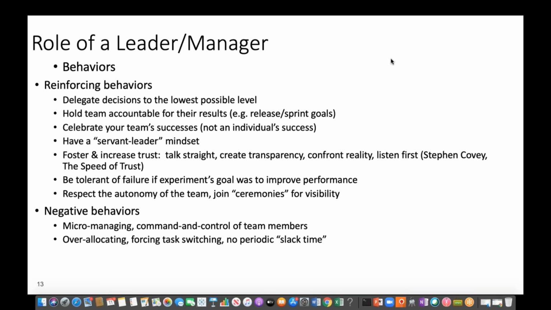Join the agile ceremonies like sprint planning, sprint review, sprint demo, sprint retrospective. Because those are the times that you will know what is going on with the team. Don't be a person who will be sitting in your own cube and then waiting for the team to come to you. Negative behaviors,